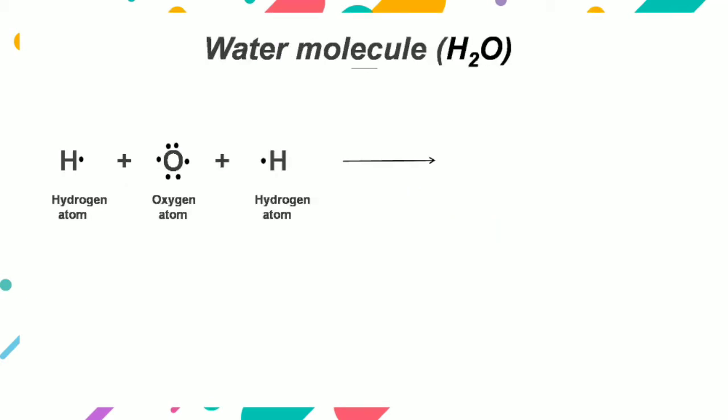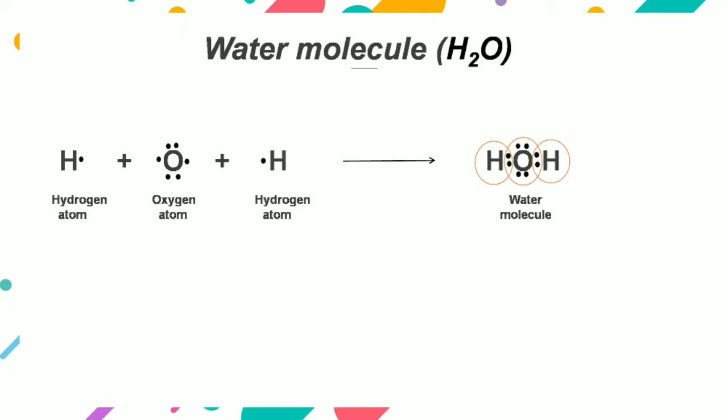One molecule of water is made up of one oxygen and two hydrogen atoms. Oxygen atom has atomic number 8, so its electronic configuration is 2, 6. It means it requires 2 more electrons to complete its octet. And hydrogen atom has atomic number 1, so it means it requires 1 more electron to complete its duplet. So here both the hydrogen atoms will share 1 electron each with the oxygen atom so that their duplet will be completed. Means दोनों hydrogen atoms का duplet complete हो जाएगा and like this oxygen atom's octet will be completed.